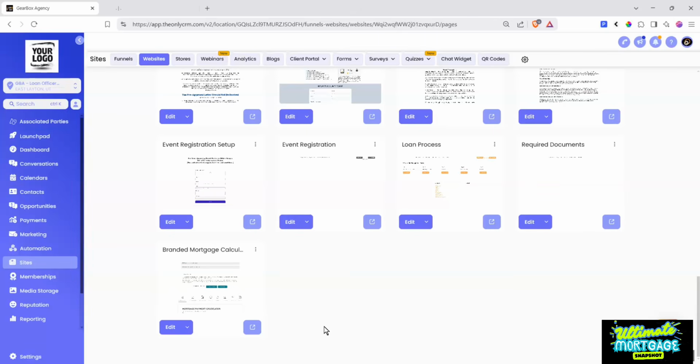Now, here's the branded mortgage calculator, and we've also set up an event registration. So that form, you click that preview link, you fill out the form, it updates a registration page. There's a workflow. So if your loan officers want to do a weekly lunch and learn and invite a bunch of realtors, it's these two things right there. And then this one here is for the